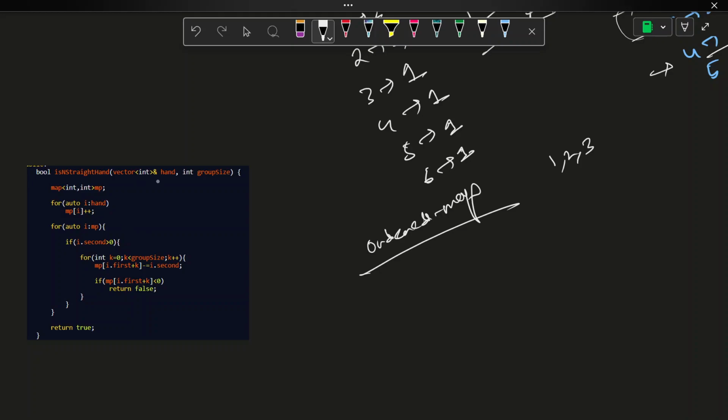So first of all, traverse all the numbers in hand and store them in the map, which stores how many times each number is present in our array. In this way, 1 is present 2 times, 2 is present 2 times, 3 is present 2 times. Okay, so I have created the frequency map where I have the numbers in sorted order